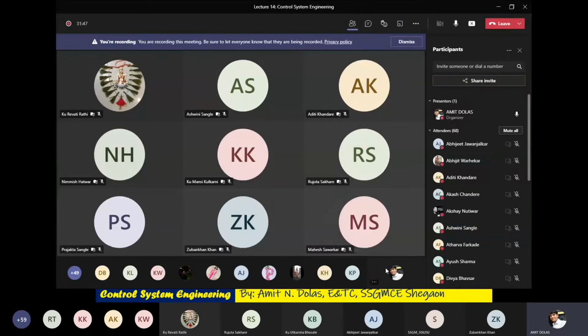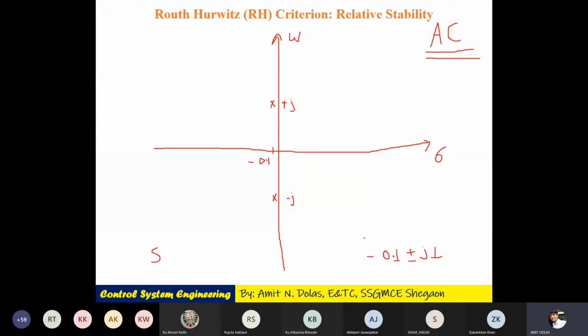Yes, sir. So can anybody of you comment on the stability? I have not given the equation. I have directly provided you the roots or, say, poles. Tell me the stability. Is it stable or not? Very simple question. Yes, sir. Who is speaking? Stable. Yes, stable. Don't get confused or hesitate to answer. You may be wrong, don't you worry.